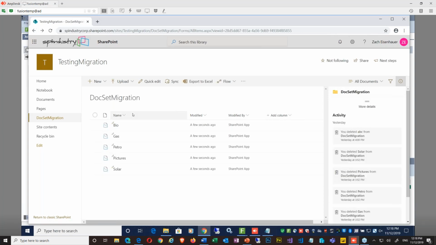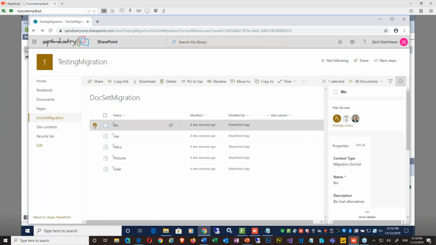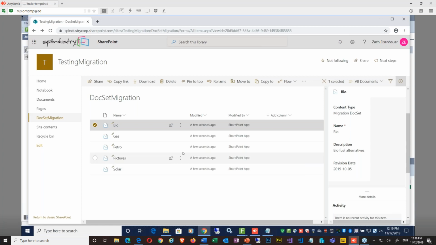Yes. That's right. To be honest with you, we could give you this huge lesson on document sets and how awesome they are. I love it. But that's an hour in itself of us just going through and talking about it, but it's really cool. But here's the document set itself. So I'm at the document set level, and you see that same information is here associated to it. And by nature, a document set will take that information, if you set it up correctly, and push it down to the documents that are inside of it as well. So that's pretty cool stuff.